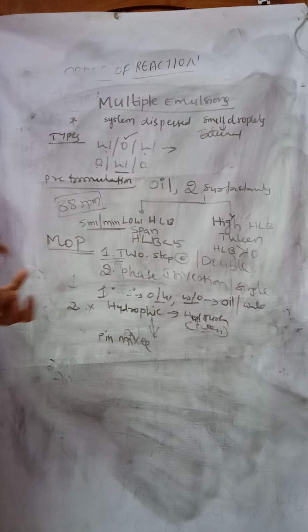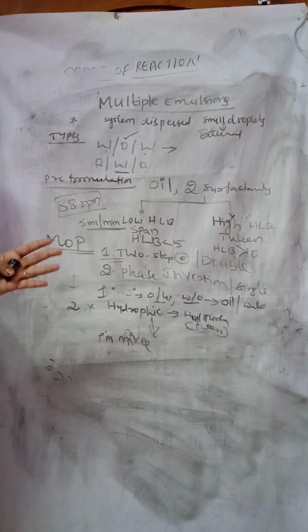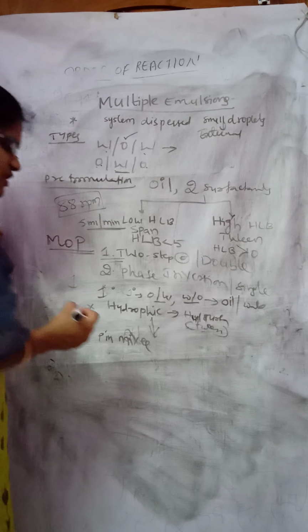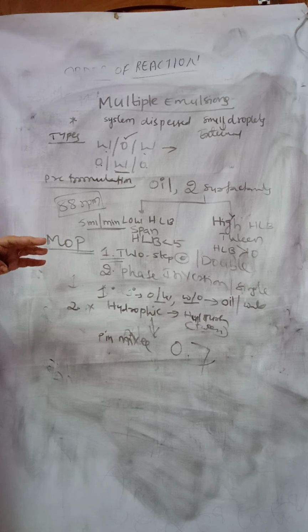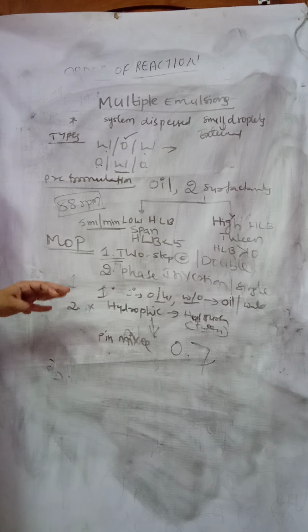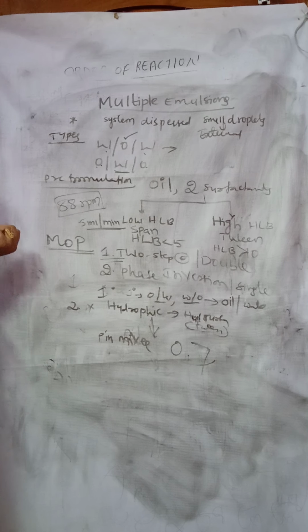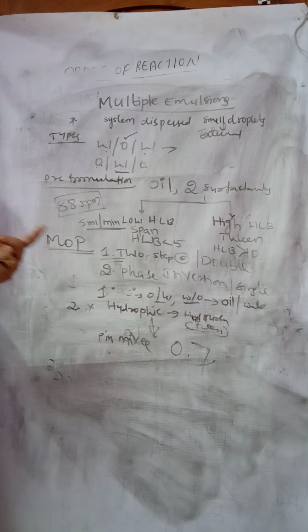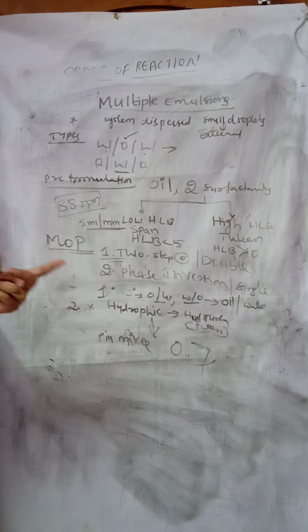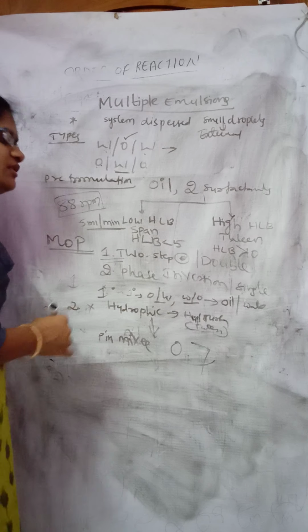Like this you continue the addition. When you feel that the phase volume ratio between oil and aqueous phase is exceeding 0.7, you have to stop the addition and substitute the external phase, which here is the oil phase, completely with the aqueous phase. Because you are substituting oil with aqueous phase, the phase inversion will happen, so that you will get the multiple emulsion.